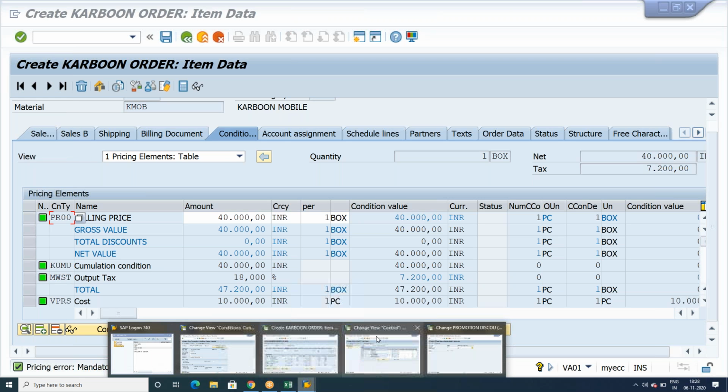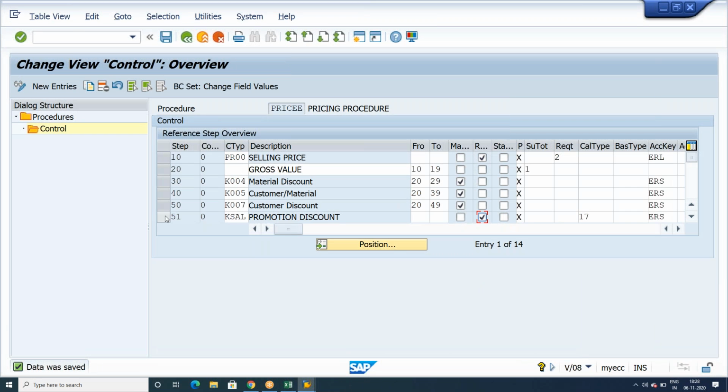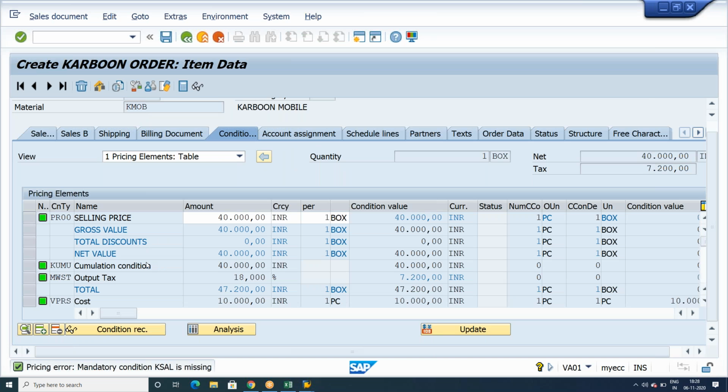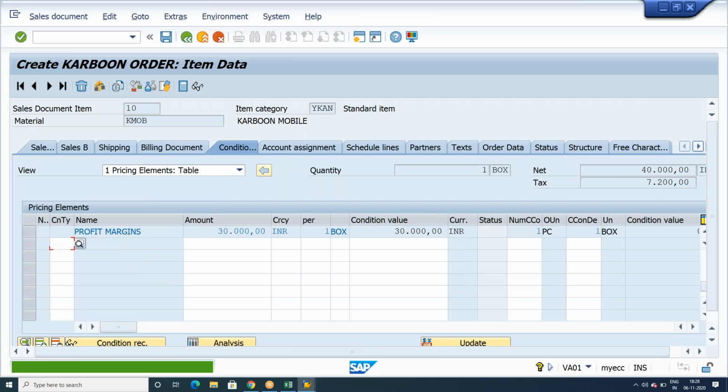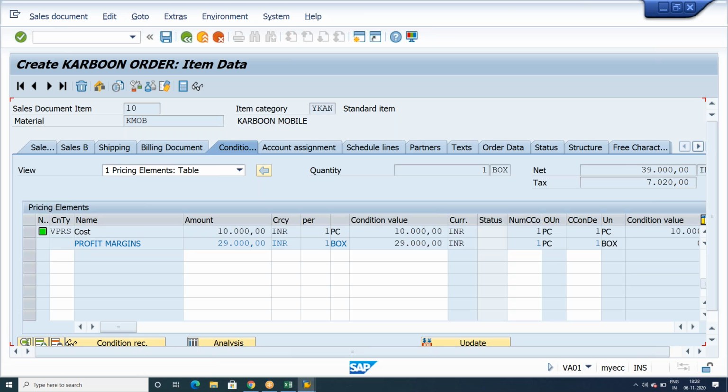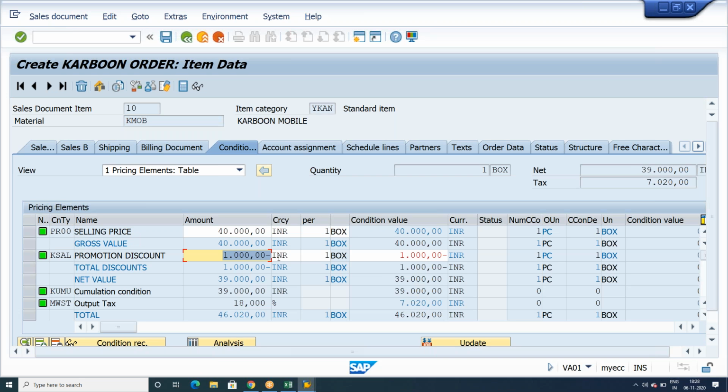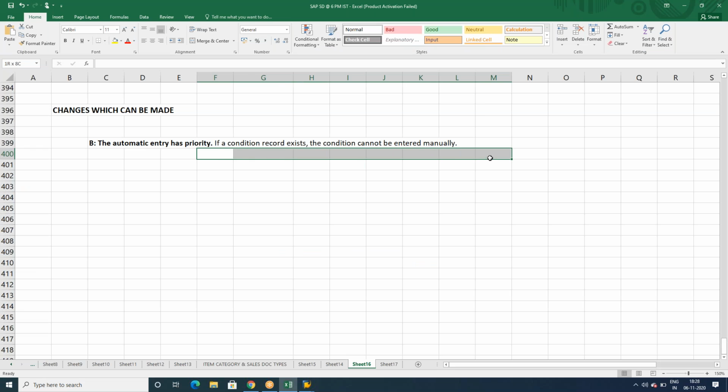In pricing procedure, we have activated it as required entry. Now, here we need to enter the value manually. If you are trying to enter the value manually, case sale, I'm trying to offer 1,000 rupees as a discount. Click on enter, accepted. Become manually, right. So this is what this particular statement is all about. If condition record exists, you cannot enter the value manually. If there is no condition record,